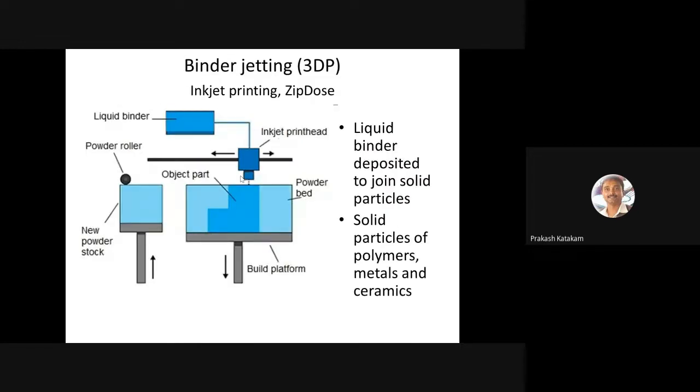Binder jetting is very popularly used in pharmaceuticals for making fast dissolving tablets. In general, a tablet is made by preparing a powder of the drug as well as other inert materials, making a substantial quantity of the material. Then the material is converted into granule shape. I'm just talking about the conventional method of manufacturing a tablet.